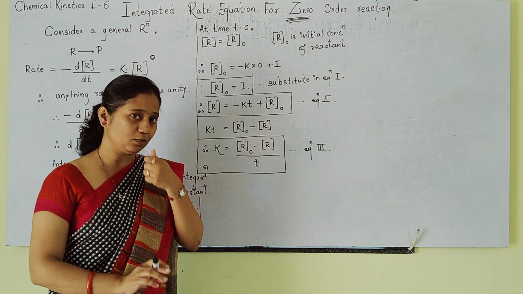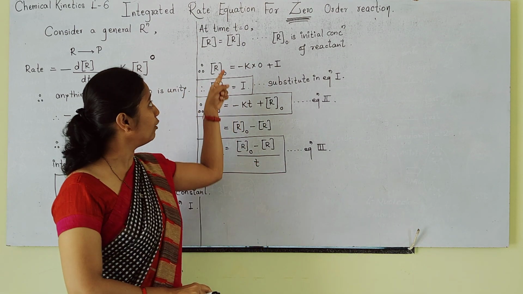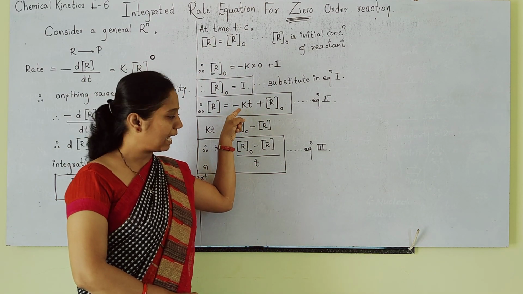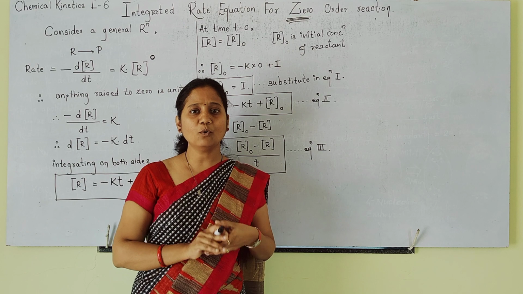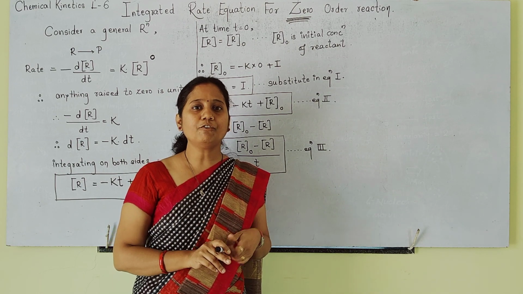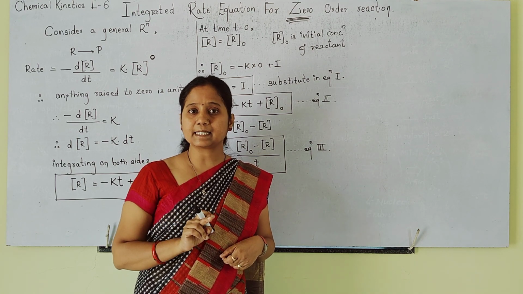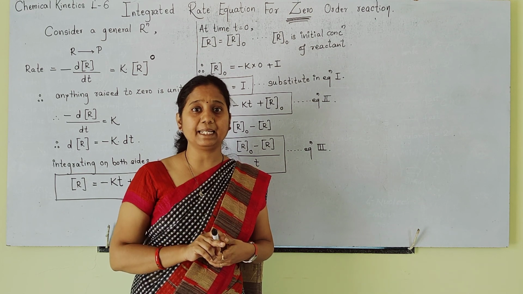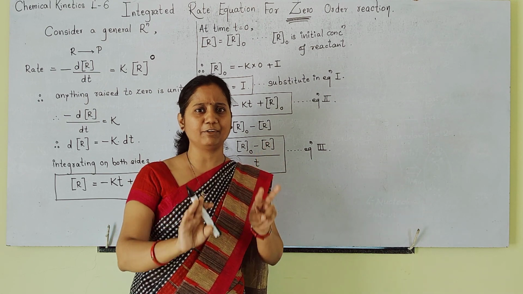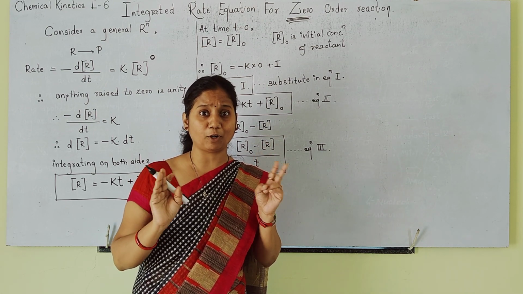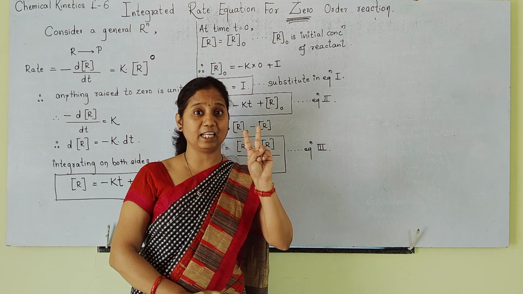What things you have to remember, students? Equation 1 is where you write the integration constant I. After substituting the value at time 0, that becomes equation second. And the value of K becomes your equation number 3. Like that you can remember. Why did I say this so specifically? Because now for the integrated rate equation for zero order reaction, we have to plot the graph. You plot this graph by comparing equation second with y is equal to mx plus c. Very easily we can compare and plot the graph. No need to remember how to plot the graph. Just compare with y is equal to mx plus c, but compare with equation second.